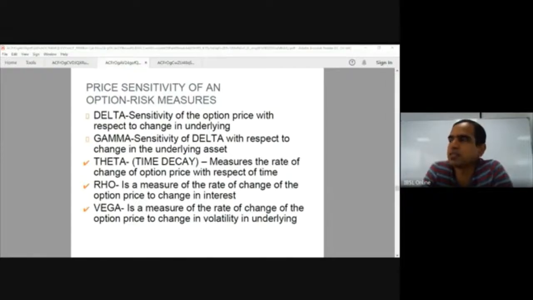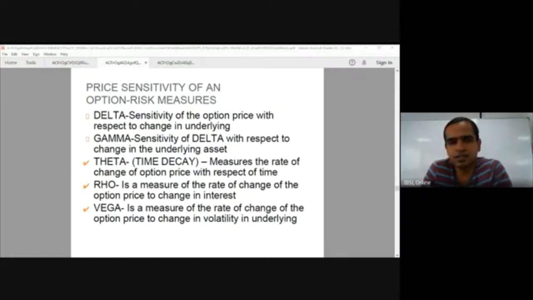Now, the option price, or the premium, changes in various ways when these factors change. That means they are sensitive to any changes of these factors. For example, when interest rates are high, the option price is high, and when interest rates are low, the option price is low. So when interest rates change by 1%, by what percentage does the option premium change? That can also be measured